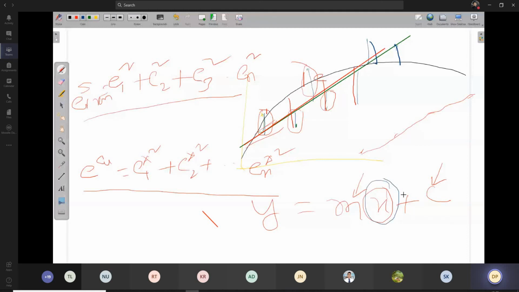If you have only one independent parameter, it will be called linear. If your independent parameter is not linear, suppose it is in a square form, then you cannot call it a linear relationship, or linear regression analysis. Suppose you have two independent parameters, x1 and x2, then we can call it a multiple linear regression model. Like that, different types of regression analysis we can do.